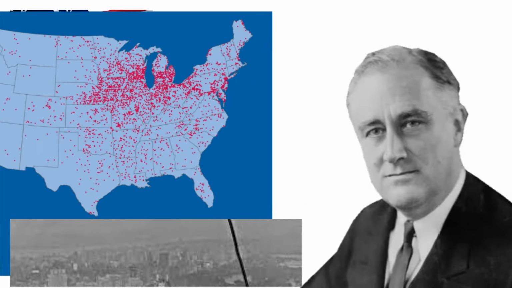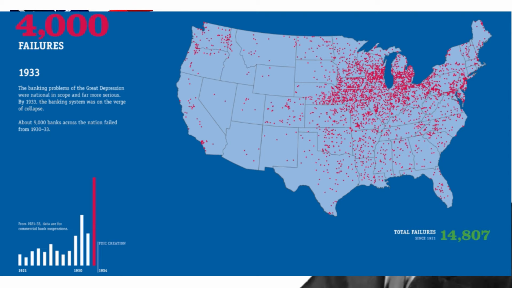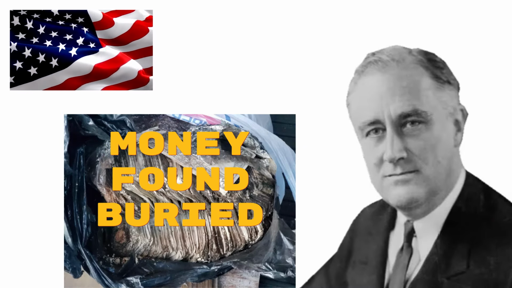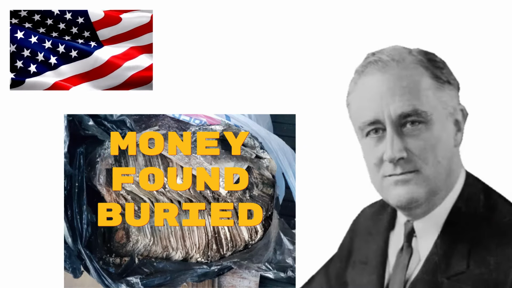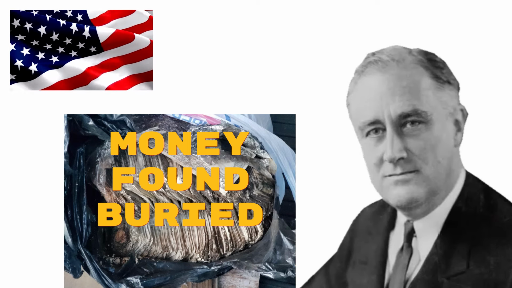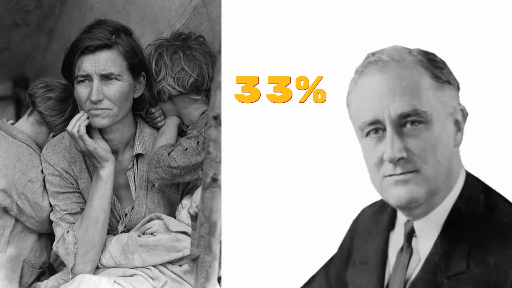Across the country, an estimated 9,000 banks had gone under, and that meant savings had evaporated. People were now sticking their money underneath mattresses, as opposed to putting it in banks, and that was causing more instability. More than a third of US families were living in poverty, very similar to what the UK has today,